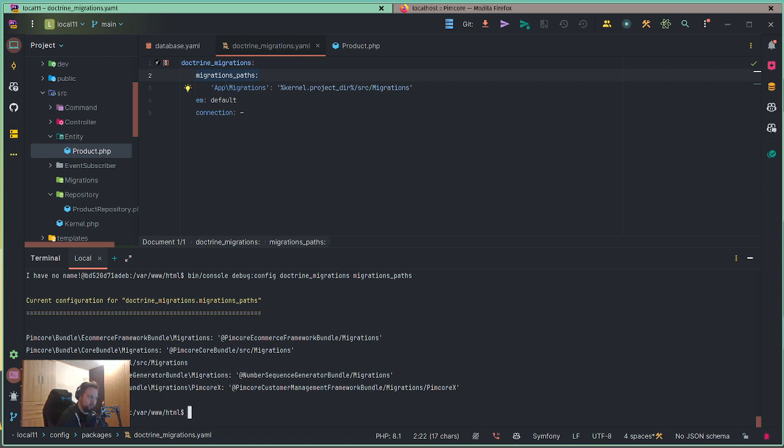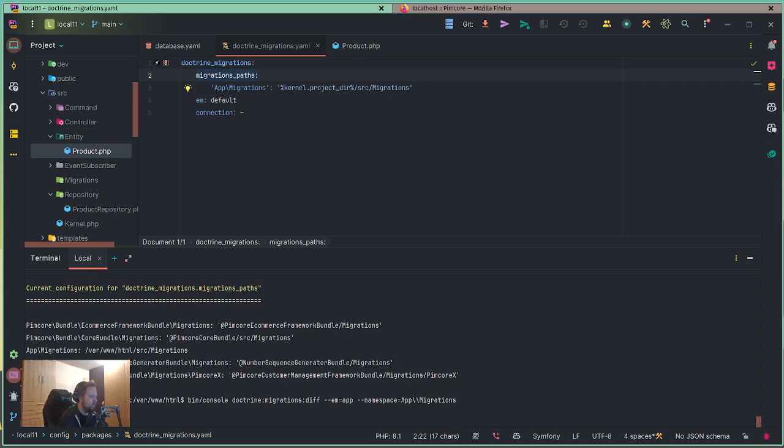and it's gonna create our migration inside this bundle, which would not be correct. Therefore, we're gonna use the bin console doctrine migrations diff command, because here we're gonna define our entity manager as app and also our namespace. It's gonna be App\\Migrations, double backslash for escaping. Executing this